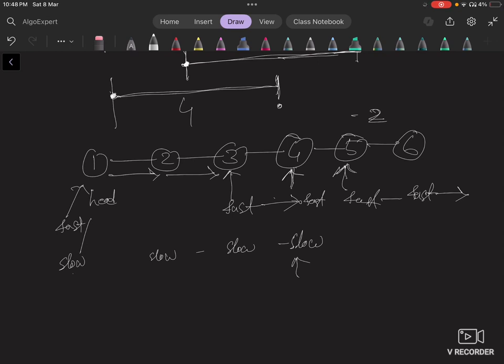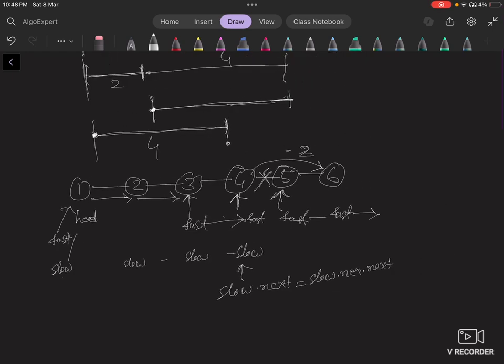How can we delete this? We just take slow next, which is this pointer, and remove that, and point slow next, which is 5, to its next, which is 6, right? So basically I am removing this pointer and creating this pointer. So this way I can remove the